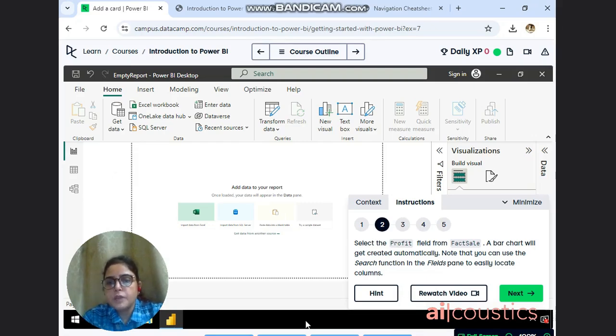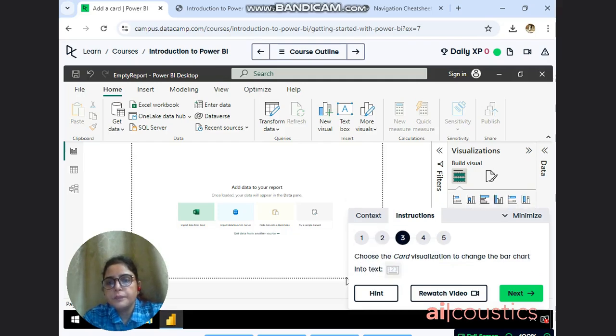A bar chart will get created automatically. Note that you can use the search function in the fields pane to easily locate a column. Then choose the card visualization to change the bar chart into text. Now we have to choose the card visualization to change the bar chart into text.